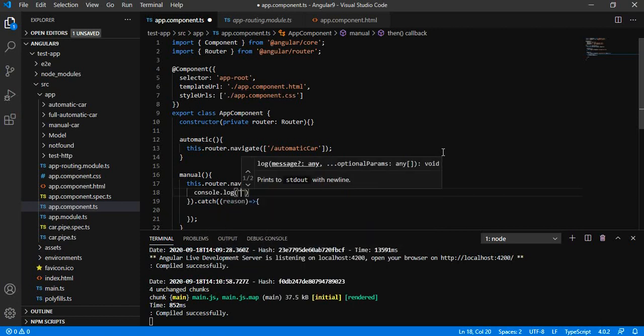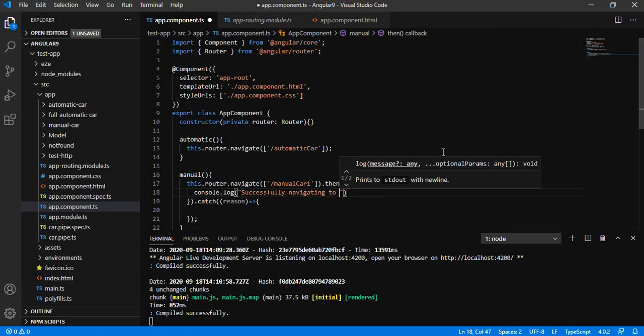We are simply doing console.log, successfully navigating to manual car view.